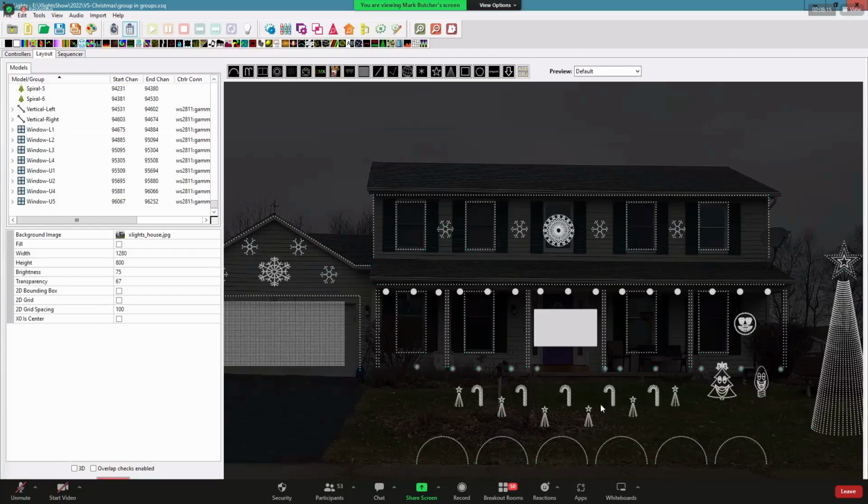Because if you try to match the house perfect, when you have an effect that's moving up the screen, what's going to happen is you're going to get like a bars effect moving up. Everything is not going to light up evenly. When people are out there looking at it, they're going to expect the tops of the windows all to light up at the same time. They're going to expect this horizontal line to all light up at the same time.